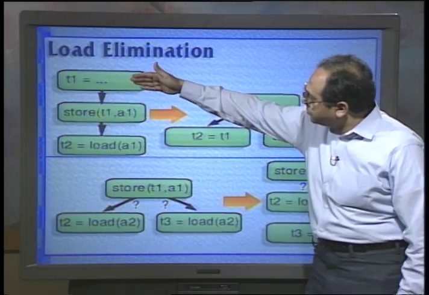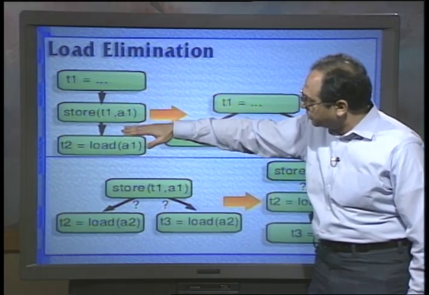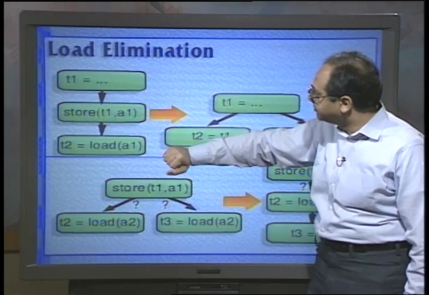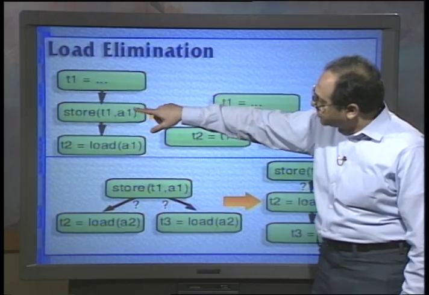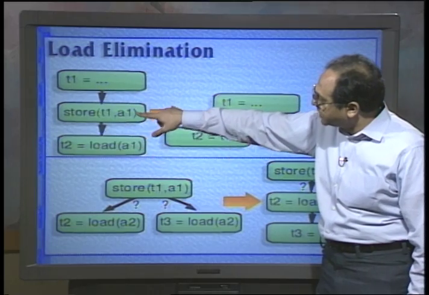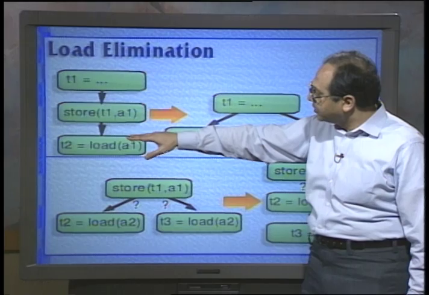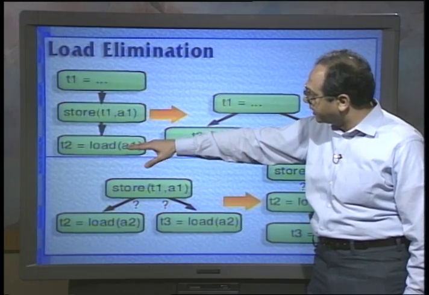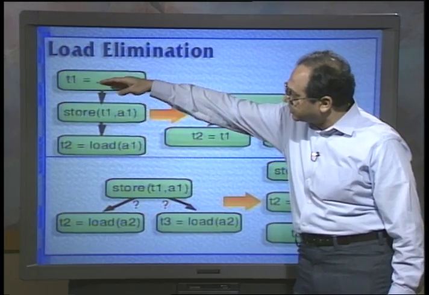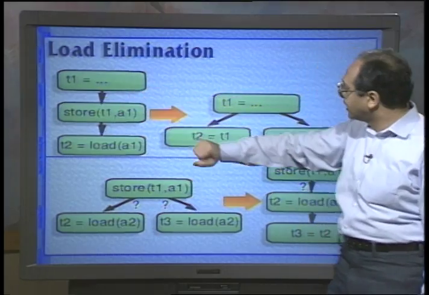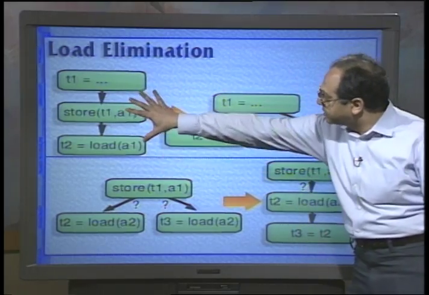In this case, assume we had a store followed by a load with no intervening store. And if we were able to prove that the load was from the same location as the store was too, then instead of reading the value from memory, we could just read it out of the register that we stored into memory. So we could replace this situation by